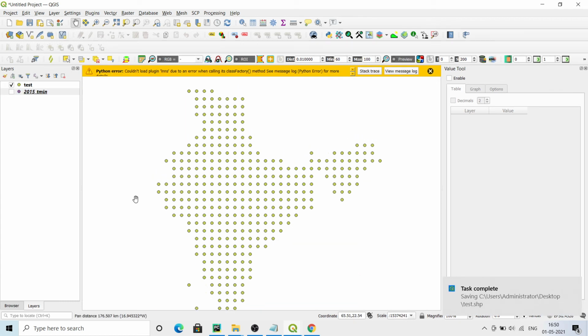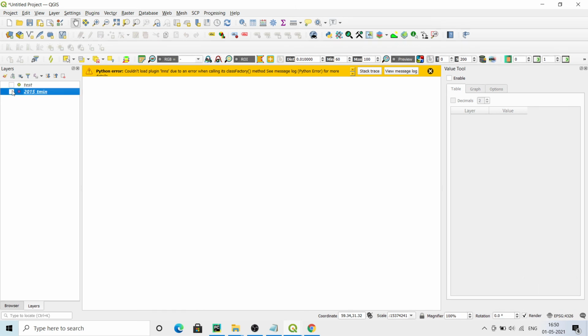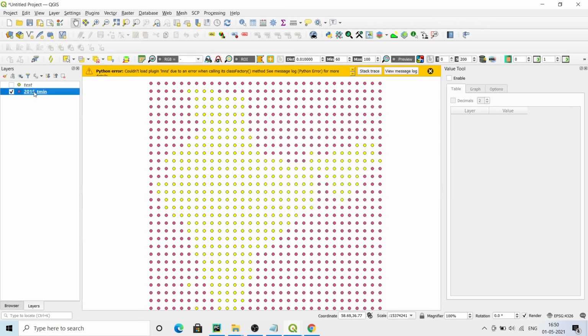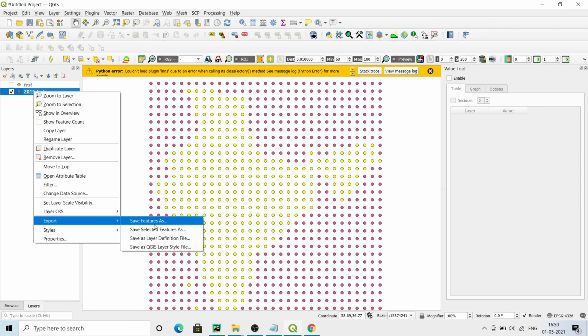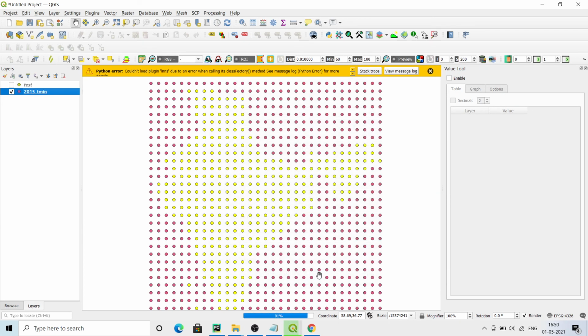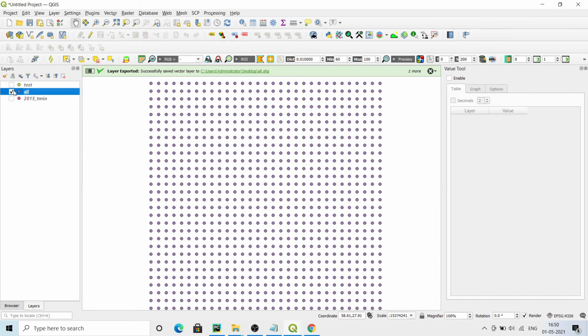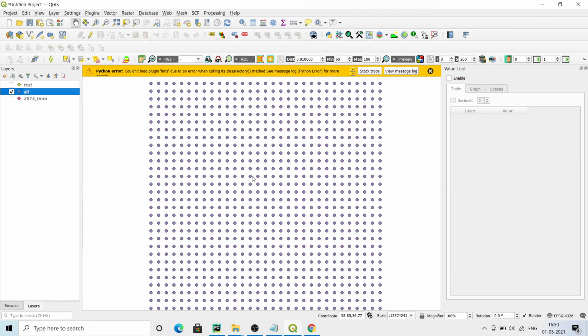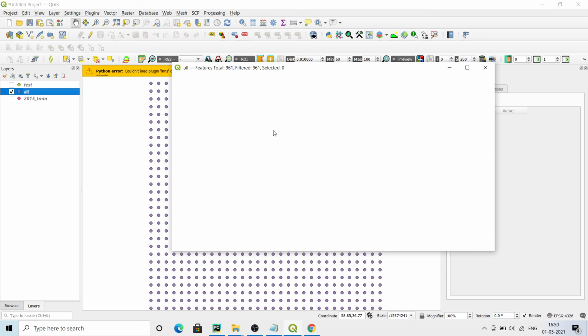Now you have only the data which are having data sets. No data has been removed. The same thing you can do for all the features also. You can export to the shapefile and save it. So now you have everything. After that, first you can export it to shapefile, then you can do whatever editing you want to do. So that's how you can convert it to the various formats according to your need.